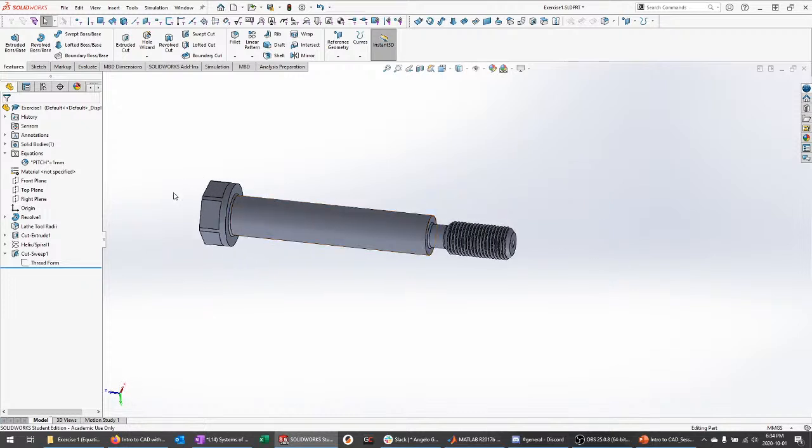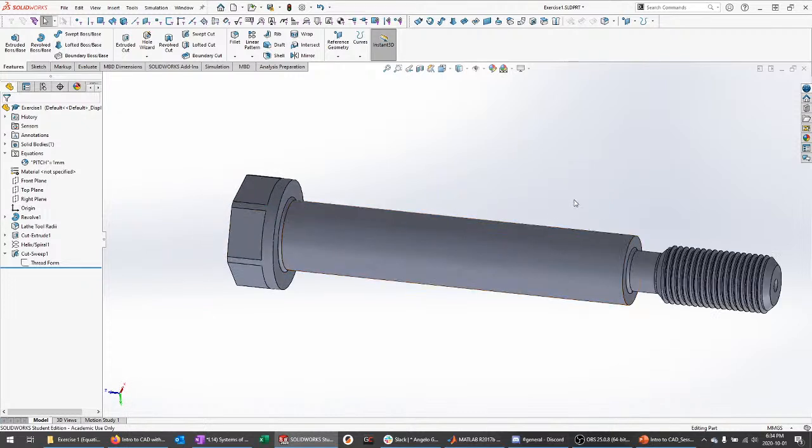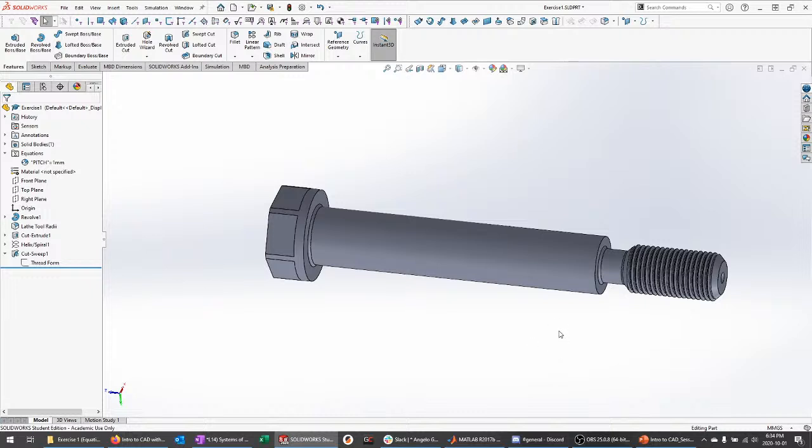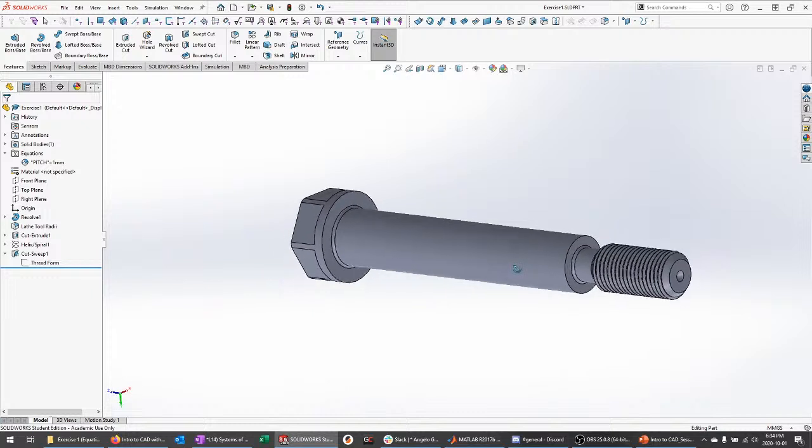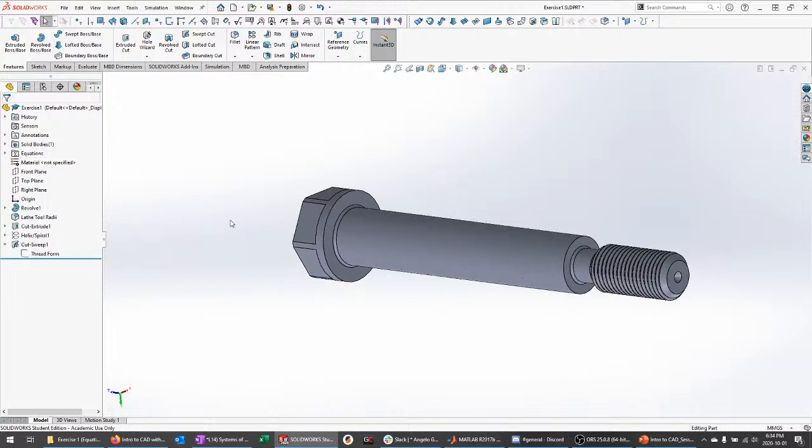While we're here, before we move on to a somewhat unrelated topic, I'm going to show you a few more miscellaneous things that I do not believe we have gotten to in previous sessions. And that here is going to be defining materials and changing appearances. So defining materials is an important part of documentation. Materials will show up on your engineering drawings when you create them. And within CAD, if you define a material, it can also be used for estimating the mass of your part,